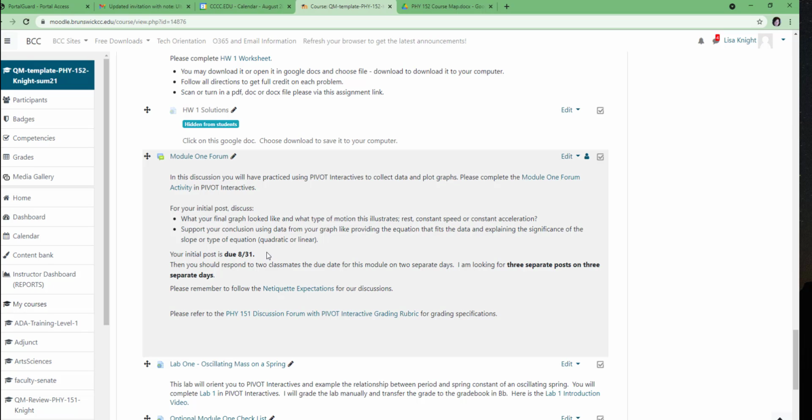In this particular module, you will have an activity to do in Pivot, which helps you review graphing data and what different types of motion look like when you make a graph of position versus time and velocity versus time. It reorients you to Pivot, and it also helps you review some basic concepts that you'll need as a foundation for the rest of the course. You'll want to go and complete that Module 1 activity in Pivot and make sure that you have